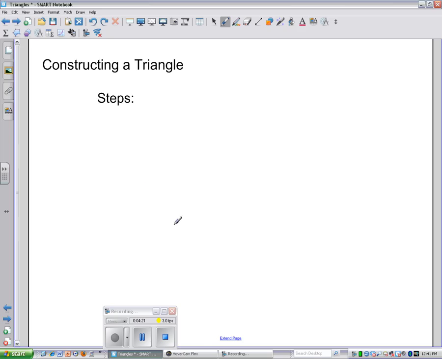Now we're going to talk about constructing a triangle, and for that, I'm going to go down to the hover cam, and we'll show you how to do that. So in just a brief second, oh, here I am. I'm at the hover cam. So with this triangle, we want to draw a triangle that has side lengths 7, 8,